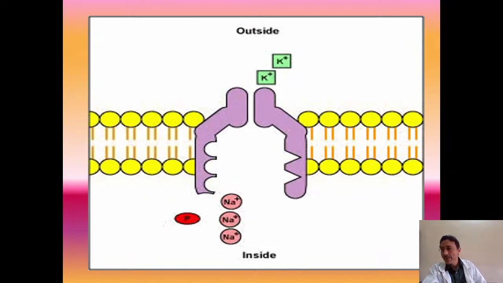Next, the same thing is explained here in another diagram. This is the cell membrane, this is the inside, and this is the outside. In the cell membrane there is a channel protein, which is nothing but a sodium potassium channel protein. It has active sites for the sodium ions and active sites for the potassium ions. The potassium concentration is higher outside, and inside it is the sodium ions. You know that sodium ions are less inside and more outside, while potassium is more inside and less outside.